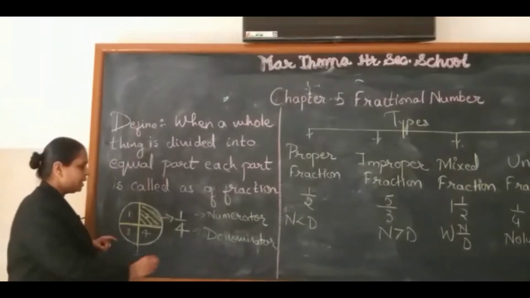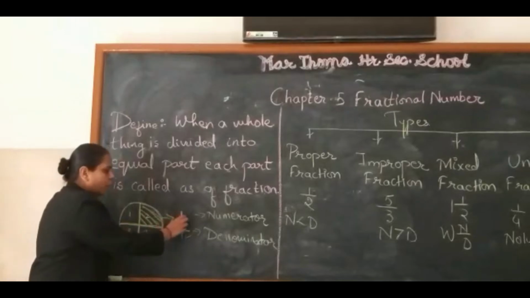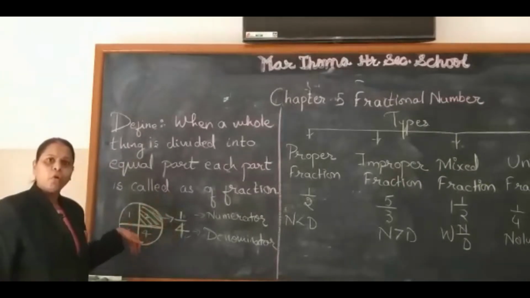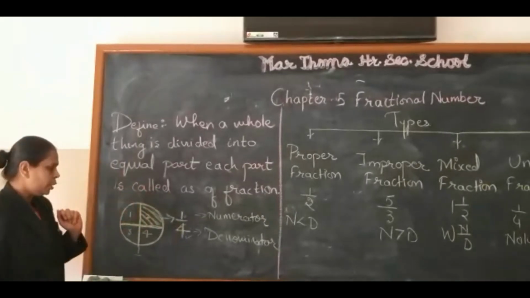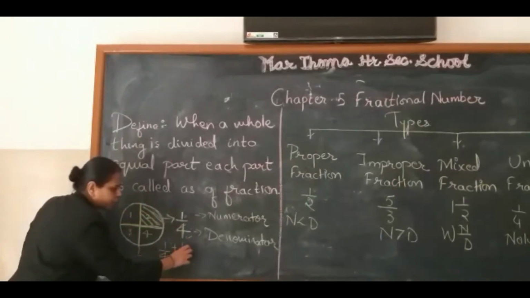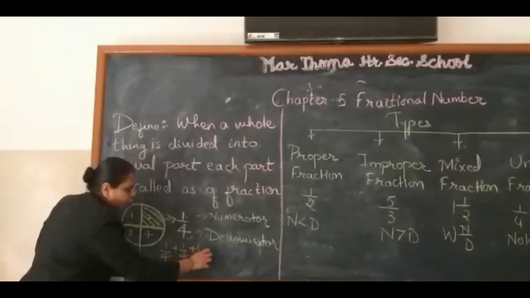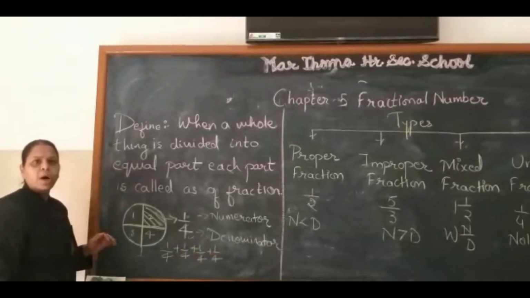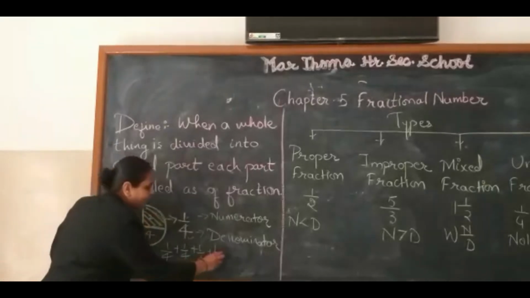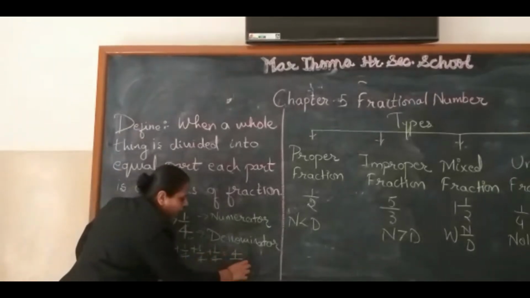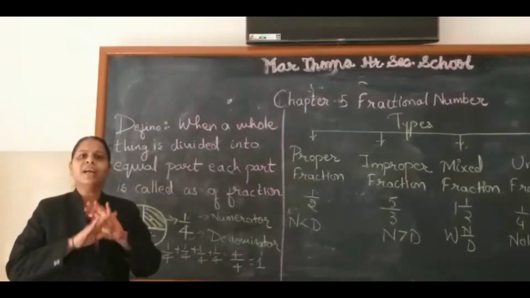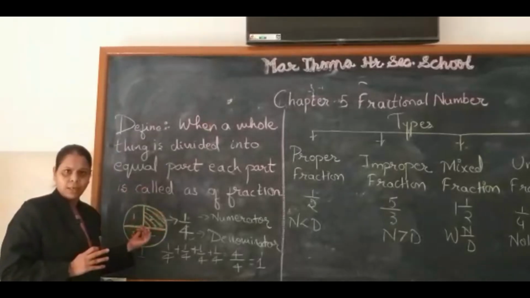That means the circle, which was 1, is divided into 4 parts, and we have taken only 1 part of the circle. Now when you add up the 4 different subunits, you get the whole unit. You can see here, this part is 1 by 4, similarly the second part is 1 by 4, the third part is 1 by 4, and the fourth part is 1 by 4. When you add all the 4 parts, the result will be 4 by 4, and the answer is 1. That means when you combine all the subdivisions, you get the whole, which is the given circle.